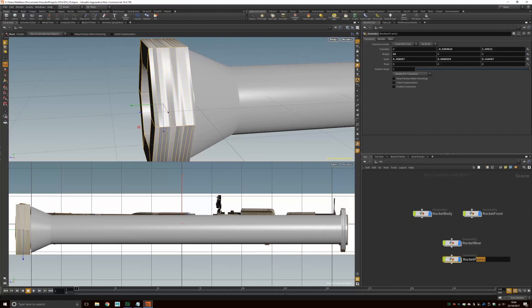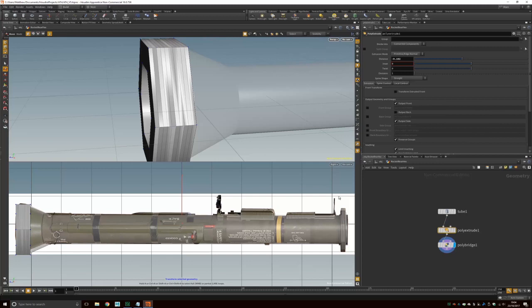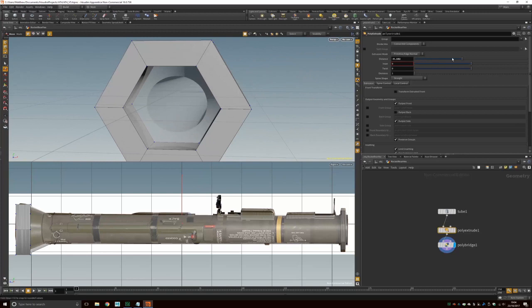We call it rocket rear. I guess just rocket rear hex. And I'm going to go to the poly extrude that we did ages ago, obviously on this copy and pasted one. And we want to make sure we can see it. And we want to bring that in a little bit. Hopefully,